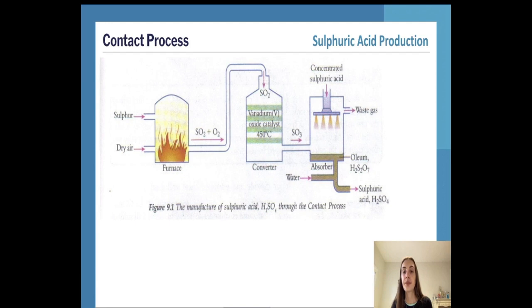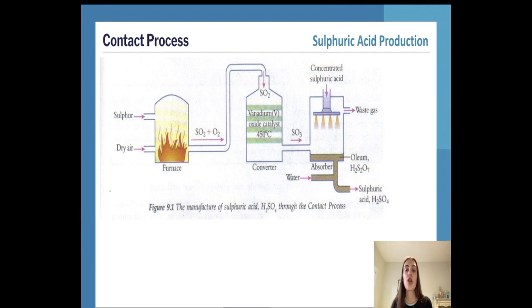And so in order to have the gases reach equilibrium within a very short amount of time, whilst maximizing that forward reaction and maximizing the amount of sulfur trioxide produced in that equilibrium mixture, you'll need the gases to reach the equilibrium in a short amount of time so that they can be in contact with the catalyst in the